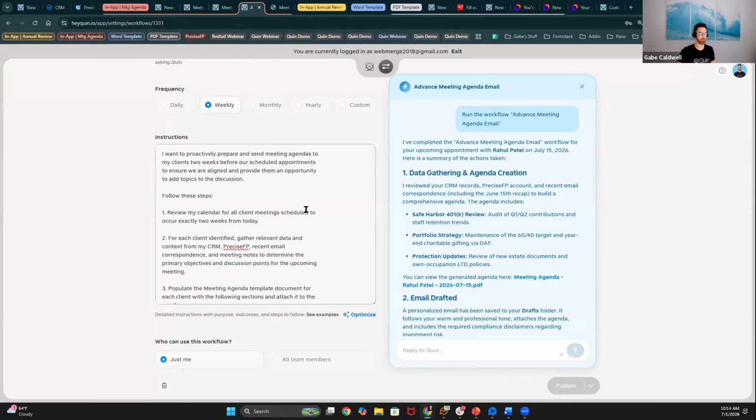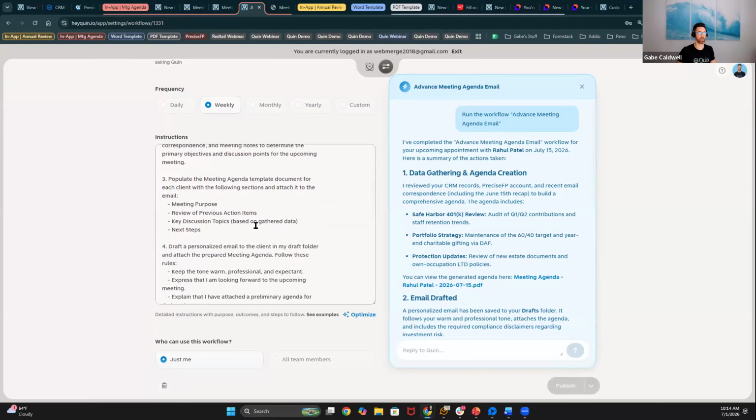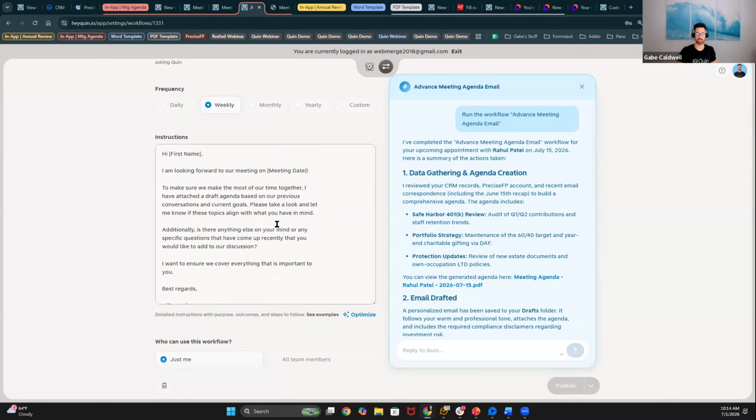These instructions here are just telling it to go search for information within Wealthbox, my CRM, Precise FP, emails, calendar, and then come back and populate this document here, and I gave it a little bit of a template here on